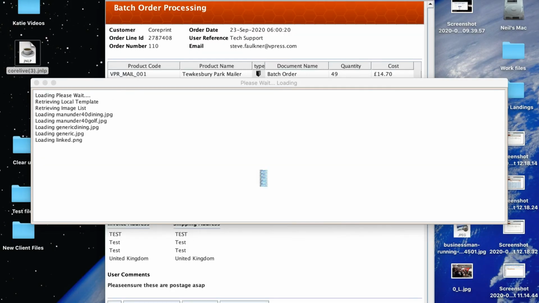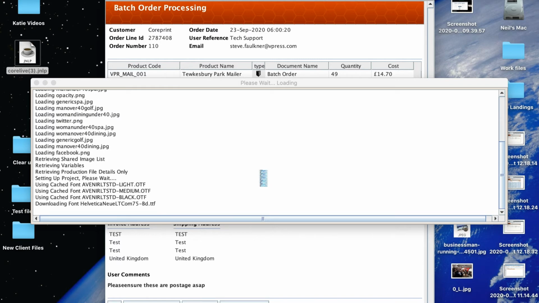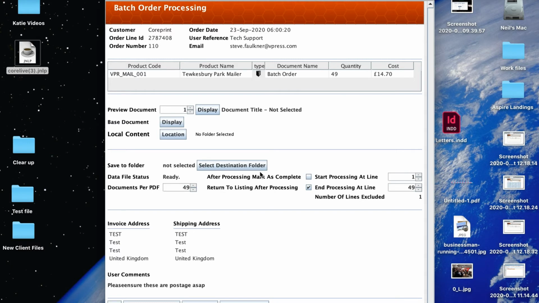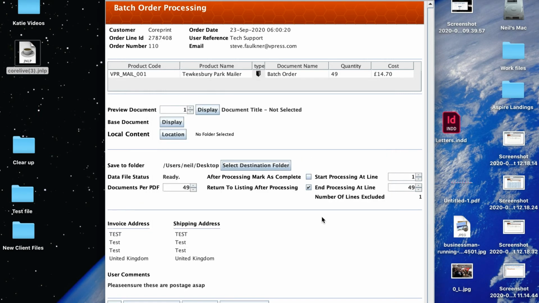download. What this does is it does actually allow us, we could automate this process as mentioned earlier, but it's actually downloading from the template controls all of the items required to produce this mailing. So it's actually putting it locally and enabling you to be able to process it on this computer. It also allows me to select a destination of where I'd like it to go, and also whether I want it to be